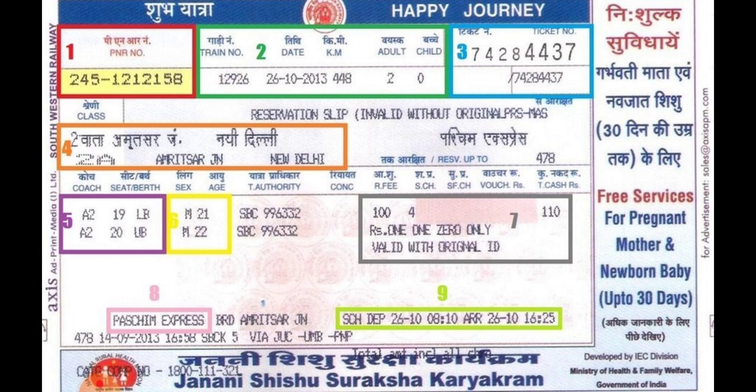Next time onwards, whenever you see a train ticket, you should not ask anyone; just have a look and read it yourself. What is the train number, what is the time of departure and arrival, how much it costs, from where to where the train is running, what is the kilometer, all details are there. So it's very important to know how to read a train ticket. I hope all will be well versed after having gone through this particular session.